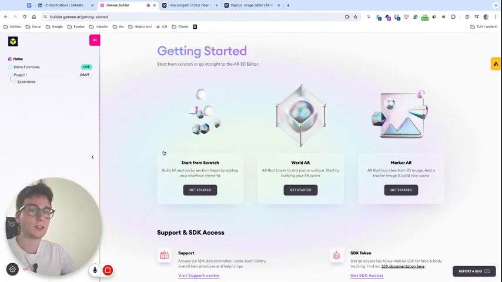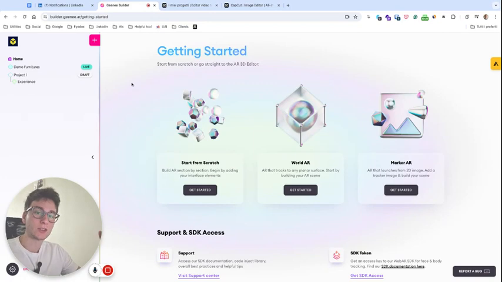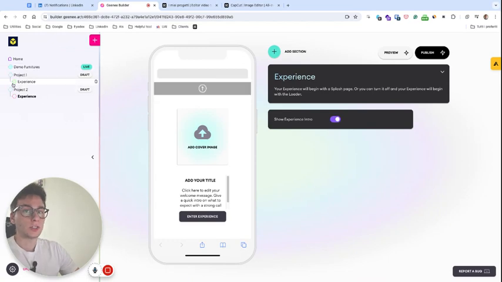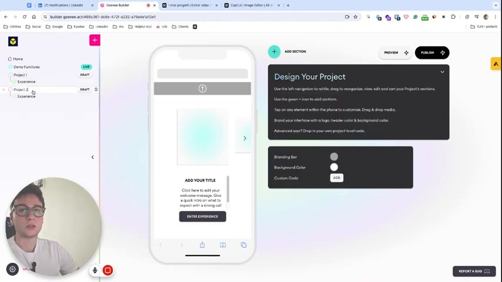So here we are inside the platform, and the first plan to use is completely free, so you can register and try it on your own. I just created some projects to try the platform. So let's create a new project, and we will go step by step through how to build your virtual try-on experience. This is a new project, Project 2, and maybe I will rename it